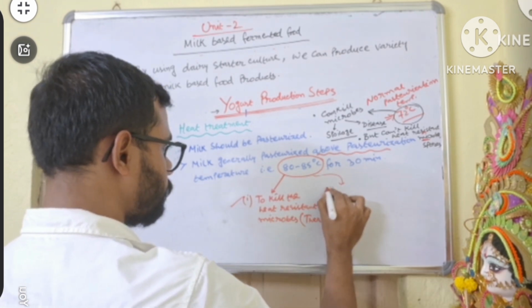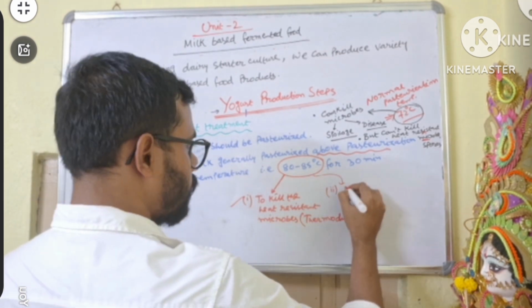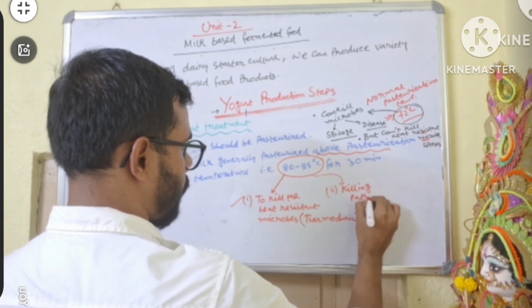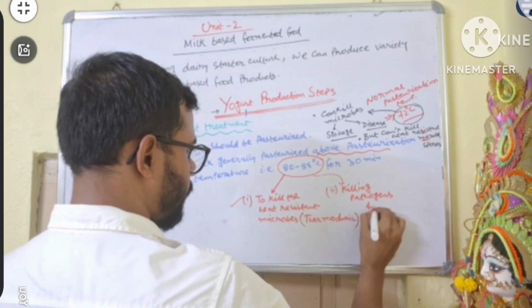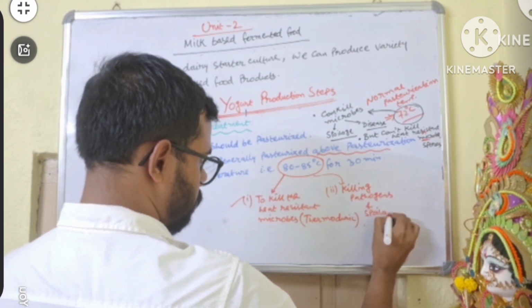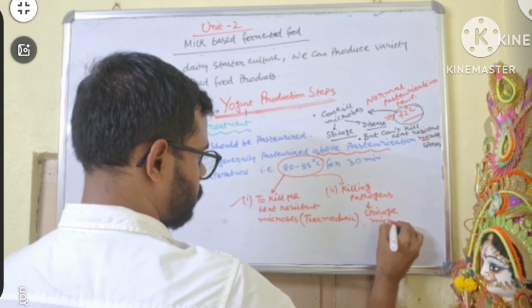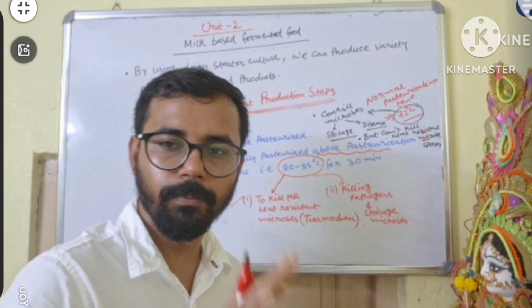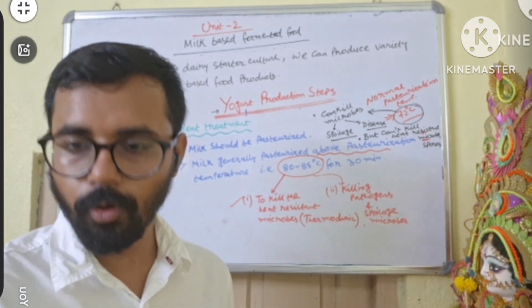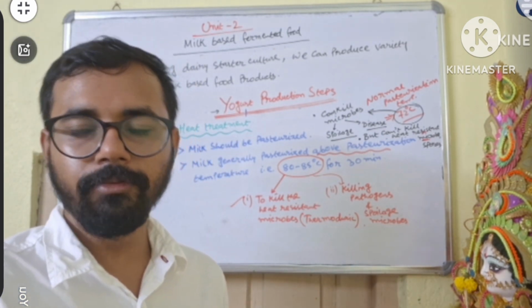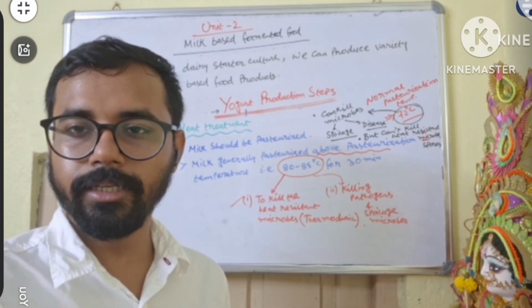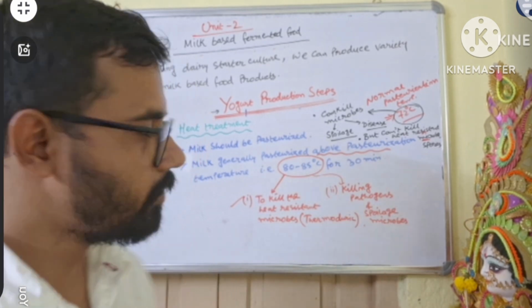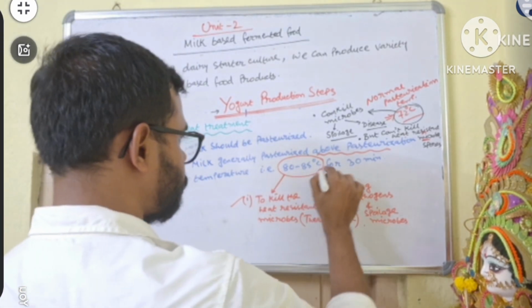Number two, killing the pathogens and spoilage microbes, because at high temperature the pathogens and spoilage causing microbes are killed more efficiently. 72 degree versus 82 degree. The lethality will be much higher at 82. That's why the killing effectiveness is also high. That is the second point. And the third point,